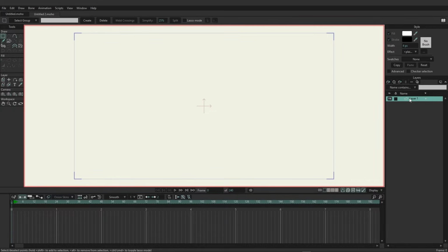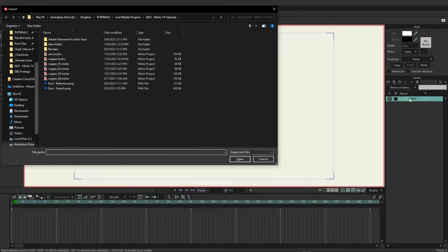There is the option to import what's called a tracing image, which places a slightly transparent version of that image on the background, which you can use then to trace with. But I prefer to import images through general import and use them as layers, so that way we can turn them on and off if we wish, and precisely adjust the transparency to our liking. So we're going to use Ctrl-Shift-Y to do a general import, and I'm going to grab the Kusi reference from